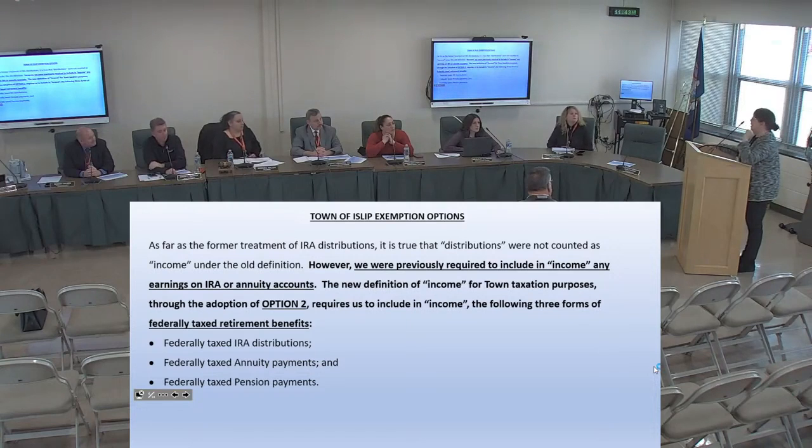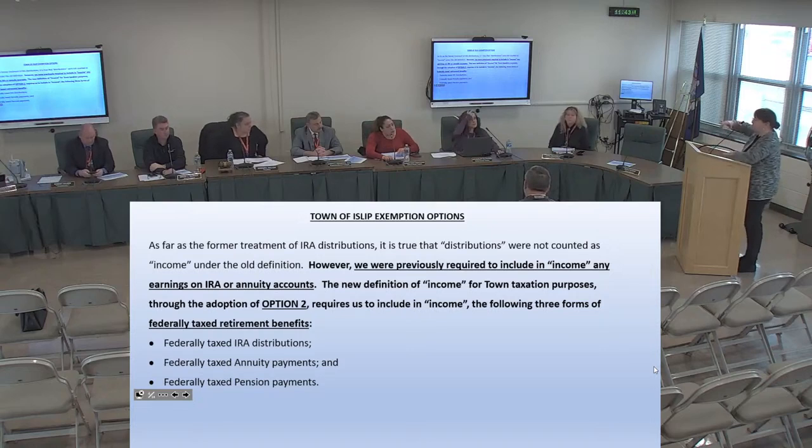This is incredibly difficult to explain to seniors, but I can tell you that our office is doing the very best it possibly can. And as far as the worksheet for option 3, it is not difficult. It's very straightforward, but we can't sit through somebody's stack of paperwork like this.